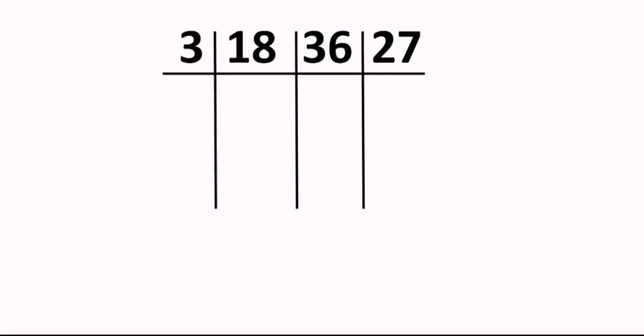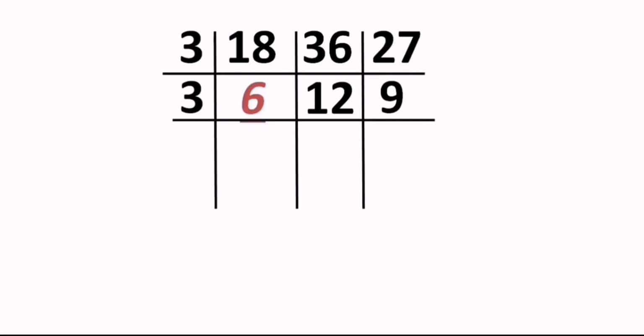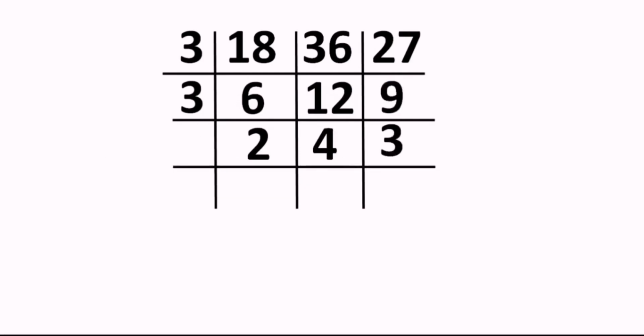Yes, when you divide by 3, 18 divided by 3 is 6, 36 gives 12, and 27 divided by 3 gives 9. Again, if you observe the numbers 6, 12 and 9, they are all divisible by 3 again, right? So divide them by 3, which results in 2, then 12 divided by 3 is 4, and 9 divided by 3 is 3. Now observe over here, we got three numbers 2, 4 and 3 at the bottom layer.